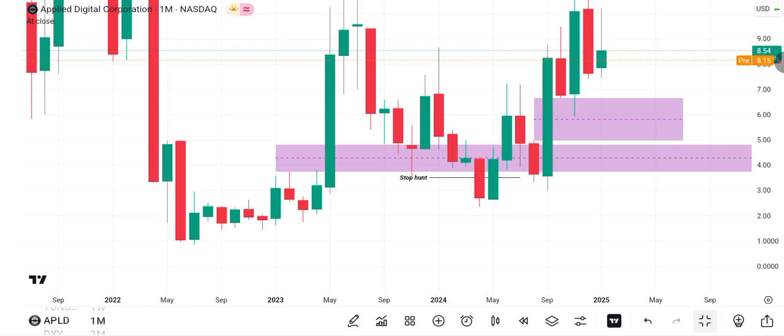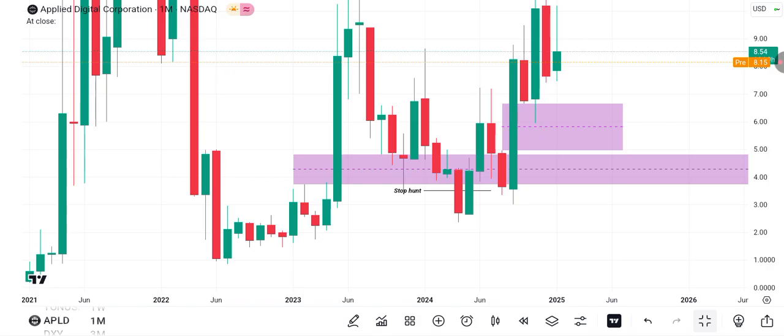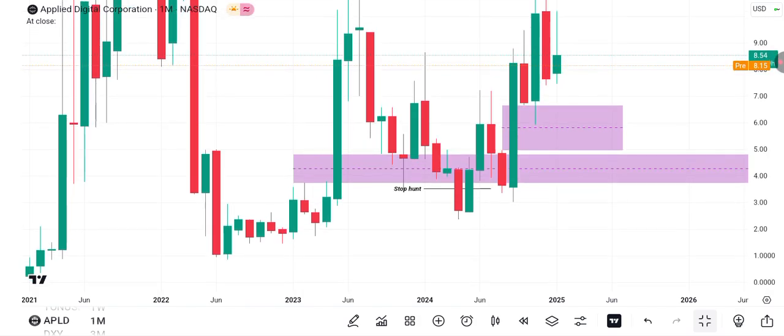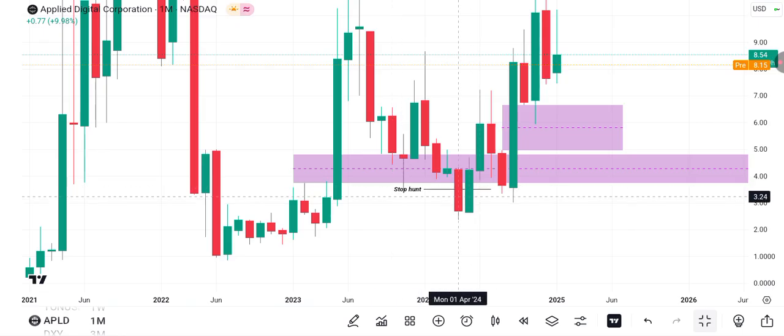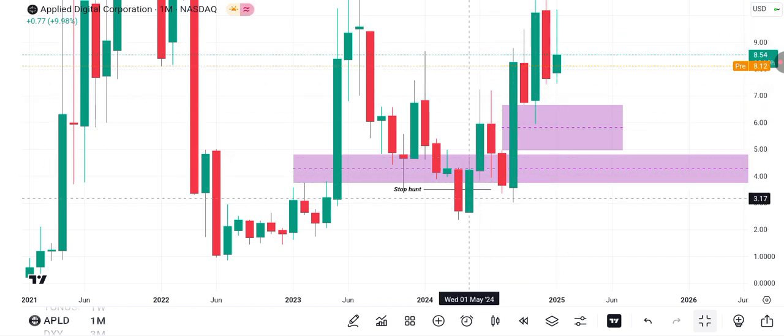So this was the fair value gap, and I couldn't do so much with this because the first time it actually came here around this area, I couldn't do so much with it. So I waited for an actual stop hunt to happen, and it did here. And we could see that after this stop hunt happened, price went higher before coming down again and then blowing up higher again. I really was interested after this stop hunt,